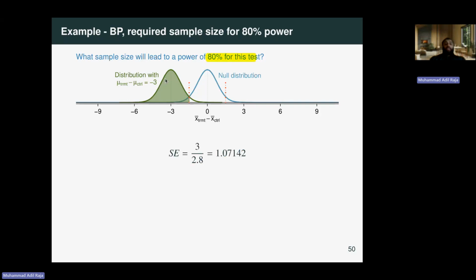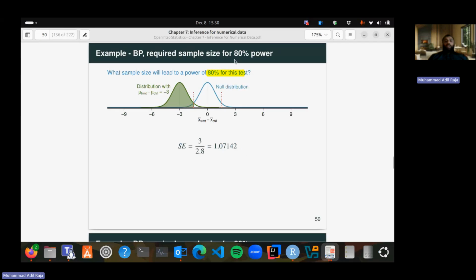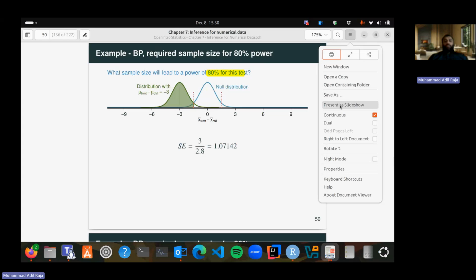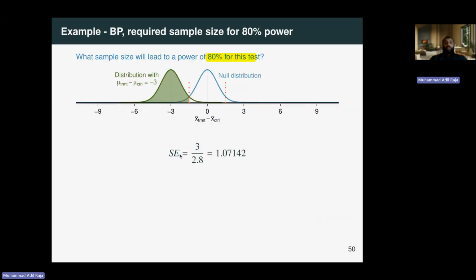Okay, but let's see how it goes. So I've highlighted this point, and over here it says that I made a note. So it says let's go back to the book. So I'm going to go back to the book, but let me try to finish what he has done over here. So standard error is equal to 3 over 2.8,